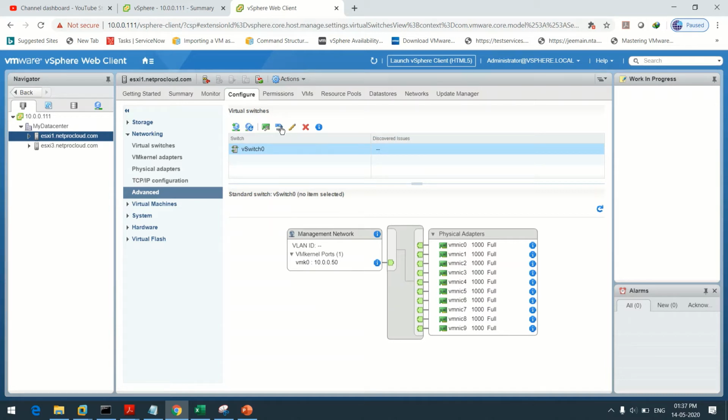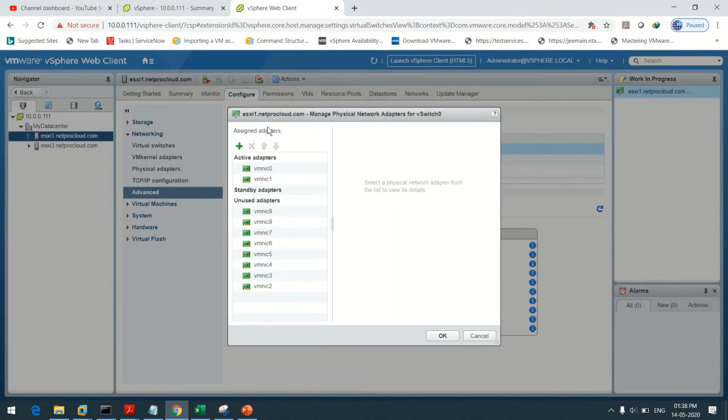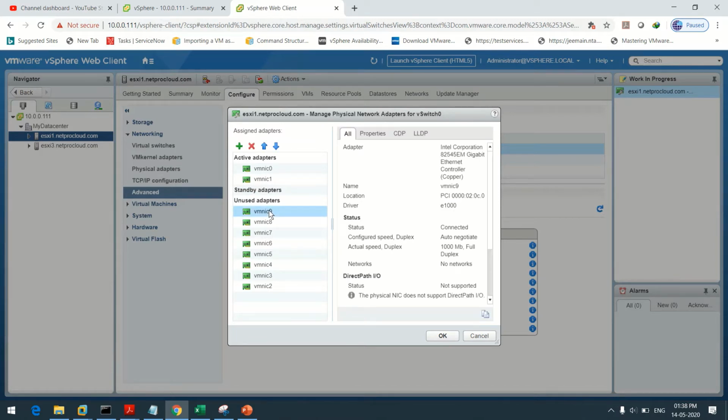Edit settings. Migrate, no. Manage the physical network adapters connected to the selected switch. So click on manage the physical adapters. We just need to keep VMNIC 0 and VMNIC 1 over here, and we need to delete every bit of unused adapters, because we are going to use these adapters on other virtual switches that we are going to create.